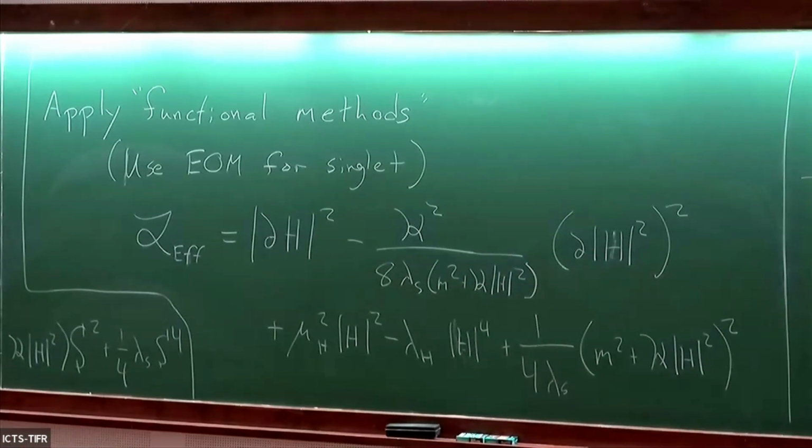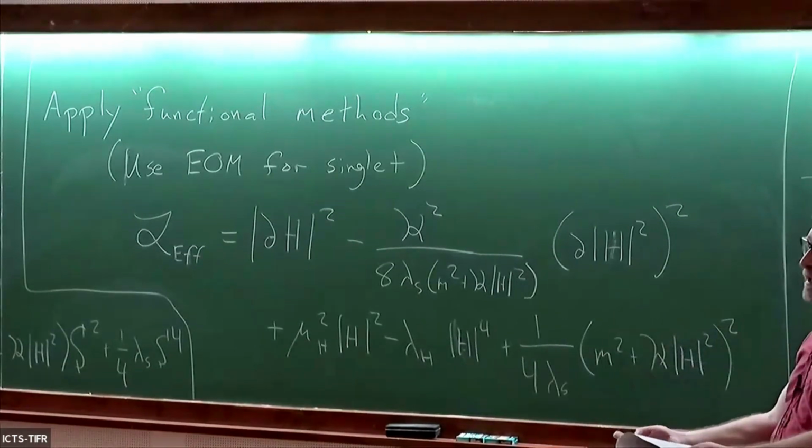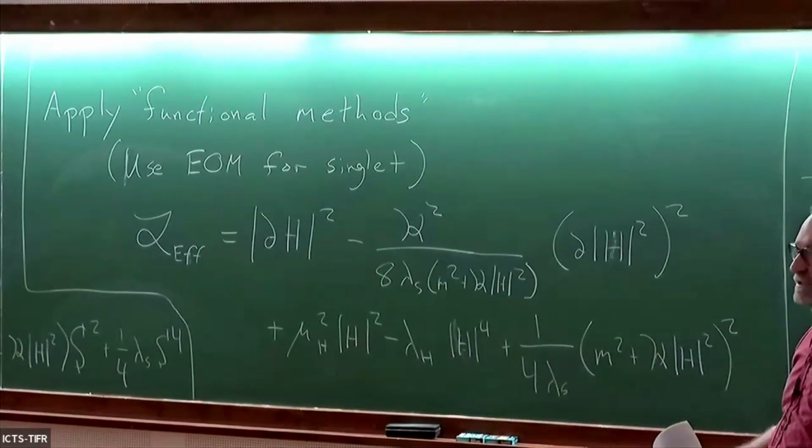The point is here, what I did is I really did the matching calculation already onto the SMEFT-like description. It's in a nice basis for SMEFT. But if I did the matching directly to HEFT, and then I hand you the HEFT Lagrangian, can you go from that to SMEFT? That's where it gets nasty, where the field redefinitions can really bite you.